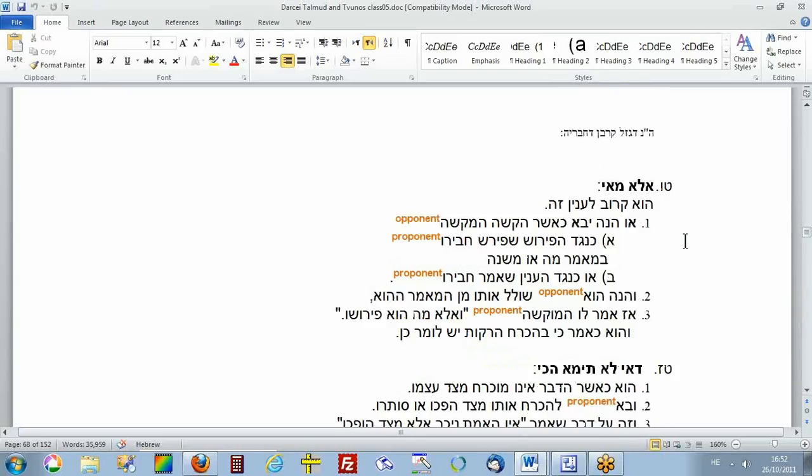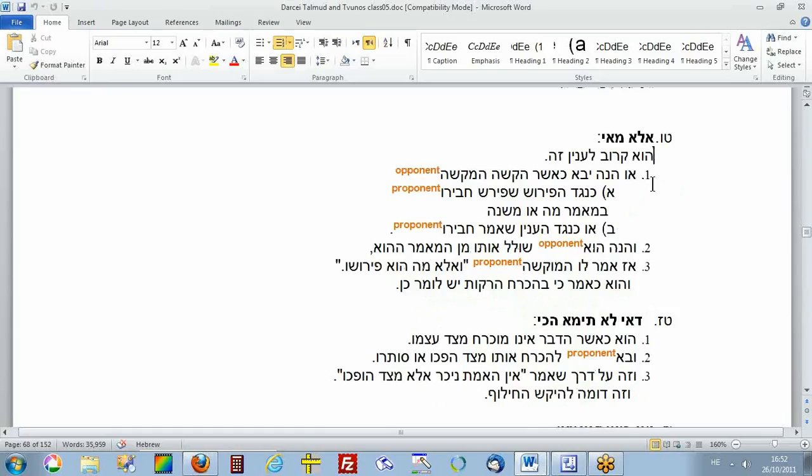Okay, let's try Elamai. Elamai is very similar to what we just did. Hine yavo kasher hiksha hamaksher keneged perish chavaro b'mama ma o mishnah. Here what happens is what? The opponent attacks the proponent's